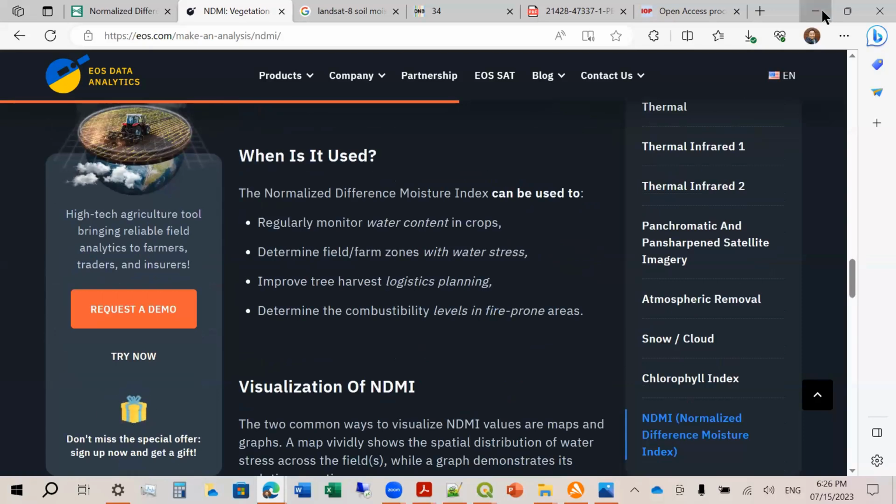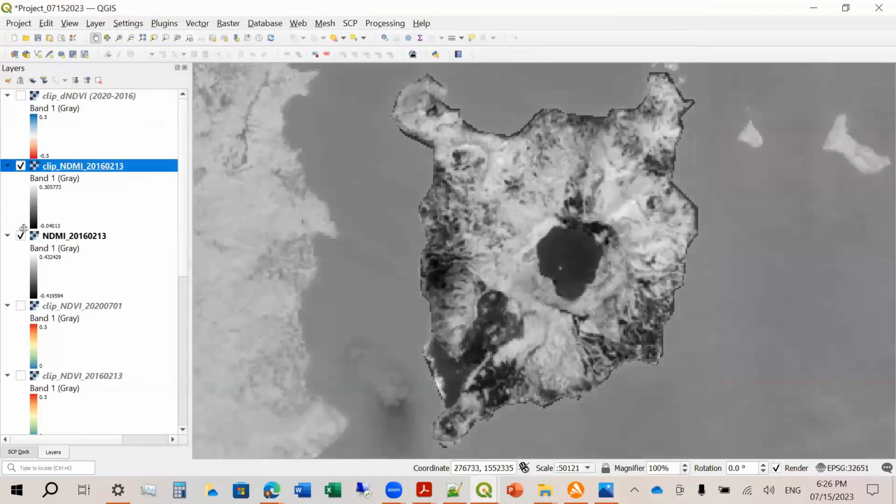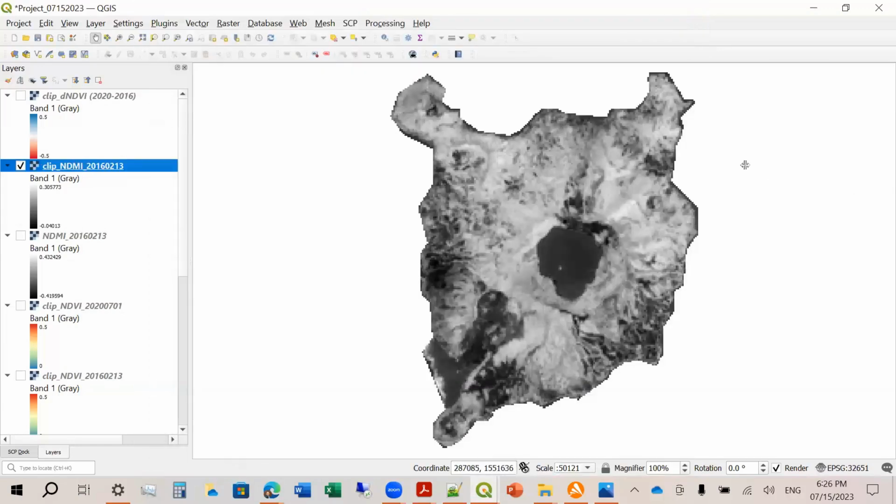Okay. If we're going to compare that, by the way, if you want to check the individual values, let's say there's a small island here. This is actually an island in a lake, in an island, in a lake. If you want to look at the NDMI value of this small area, you can click this one, identify features.